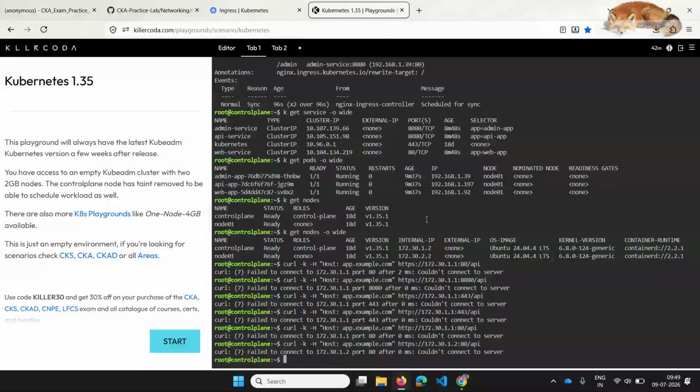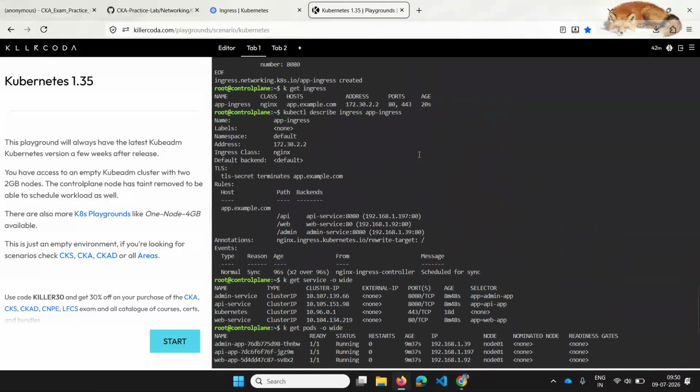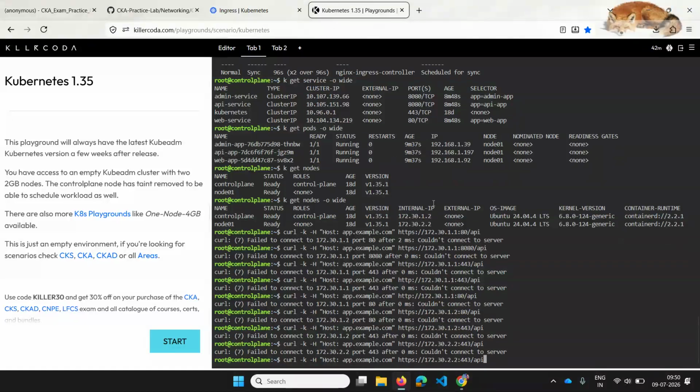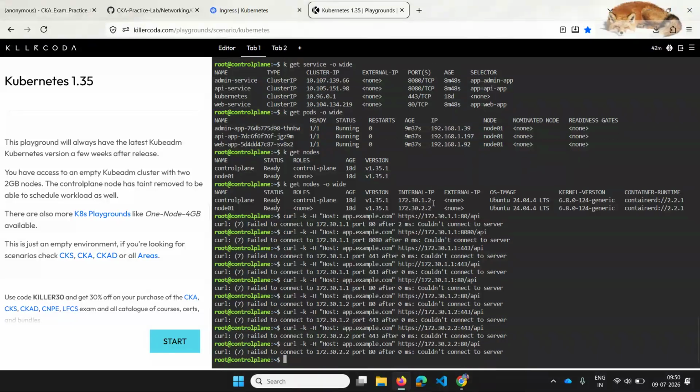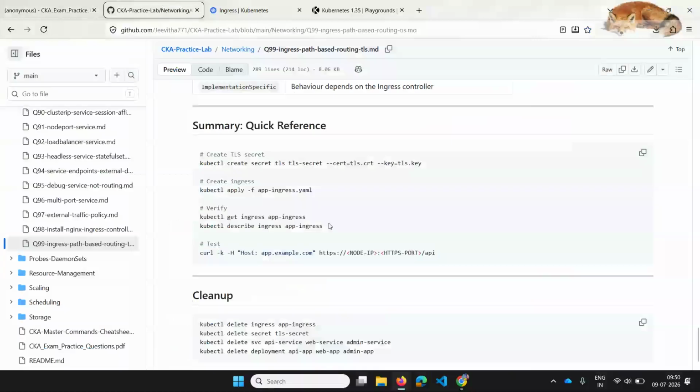Okay, my bad. I was using the wrong IP address. 1443 doesn't come up, right? So I think this is 2. Let me try with 80. Hmm, that's weird. Ideally, it has 2.